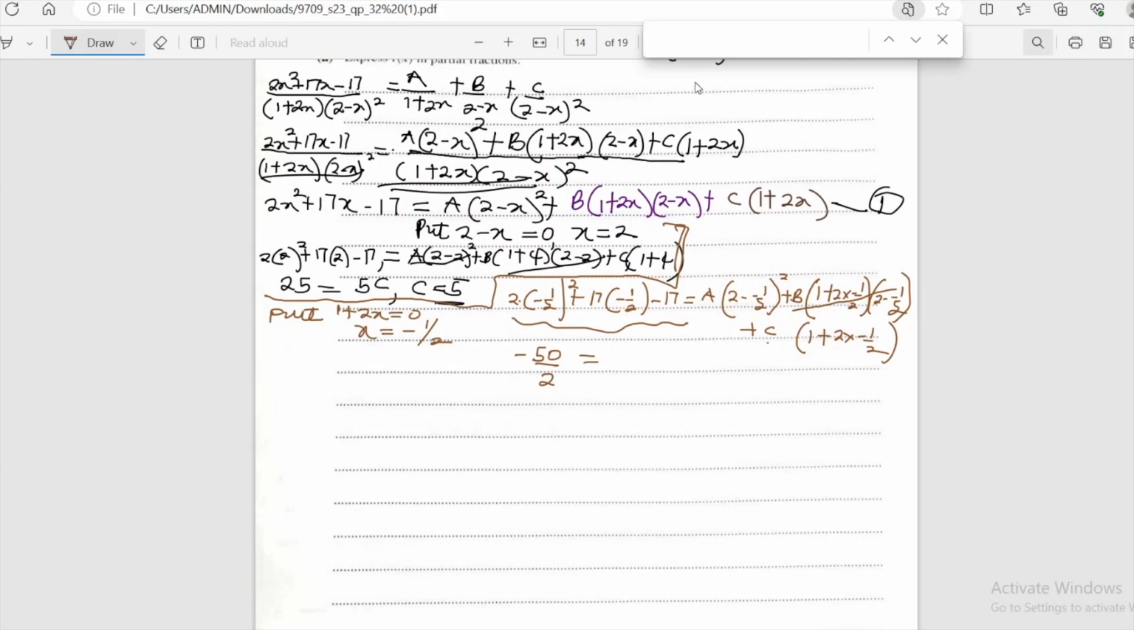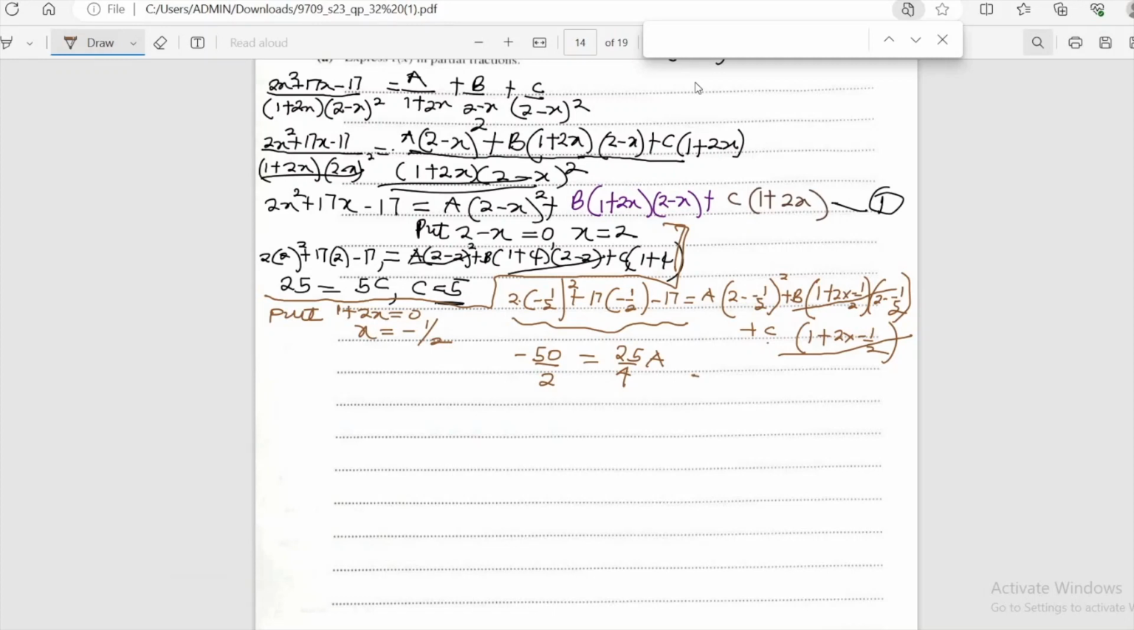The same thing with C. Everything here will turn to 0. What is left is 2 minus half, which is 5 over 2. 25 over 4, multiplied by A, we have 25 over 4A. At the end of the day, when you cross multiply, do the needful, simplify, we have